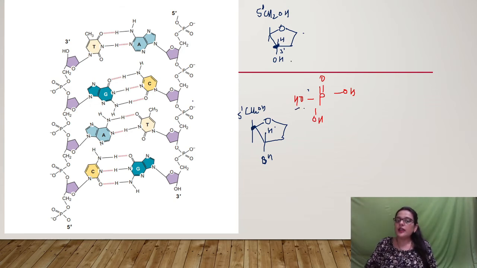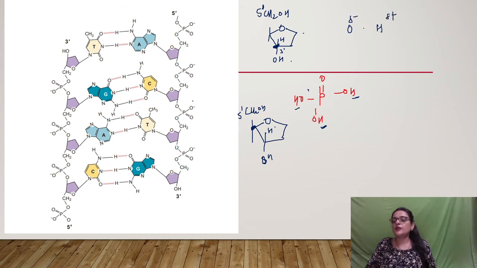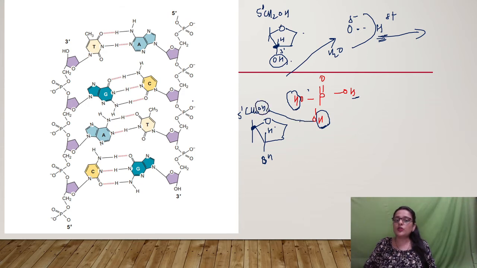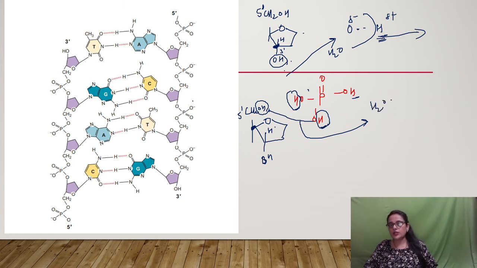As I have already told, phosphoric acid has 3 ionizable hydrogen atoms, because at these 3 places O is more electronegative than hydrogen. So it will attract the bonded pair of electrons towards itself. This hydrogen can easily leave this molecule. So this hydrogen, let's suppose, combines with this OH and leaves the reaction as H2O. And from over here, this hydrogen, let's suppose, is combining with this OH, and they both leave the reaction as water.